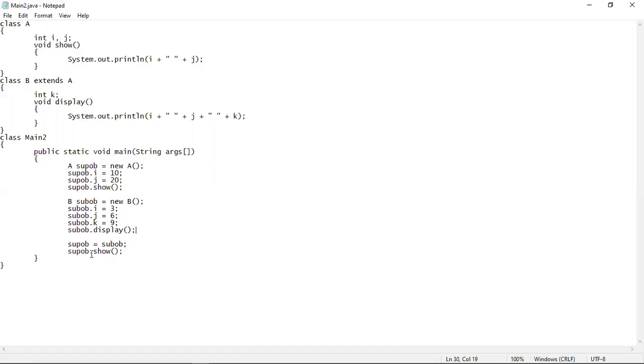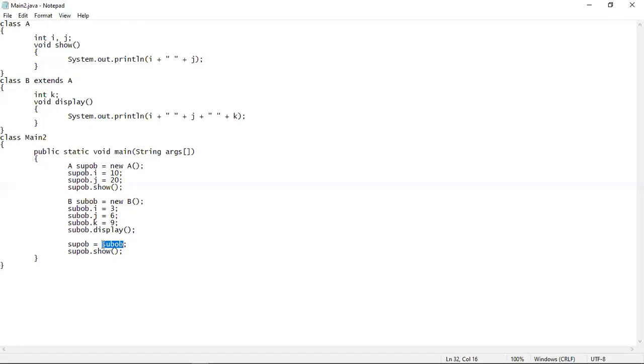So what happens after that is that there is an assignment statement where we can see that the superclass reference variable is this one. Sup ob is the superclass reference variable, which has been made to assign sub ob into it.